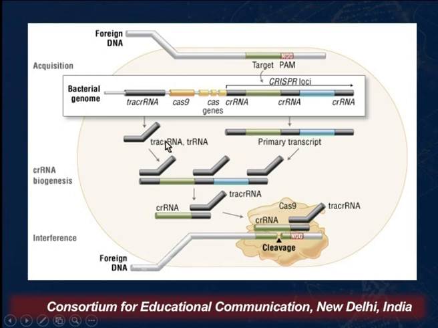Now this tracer RNA will have some homology to the direct repeats which are present here. So it is going to go and homologously bind, complementary binding to the direct repeat region, just like it is shown in the diagram. And then RNase 3 is going to cleave just next to where this direct repeat is. So it is going to cleave these regions into short oligonucleotide regions, where a 20 base pair guide RNA has